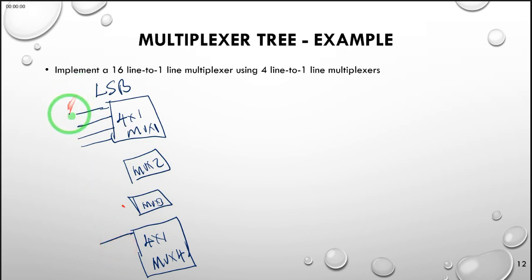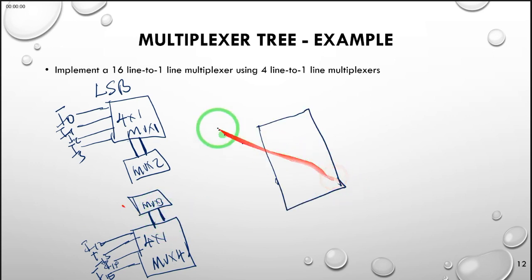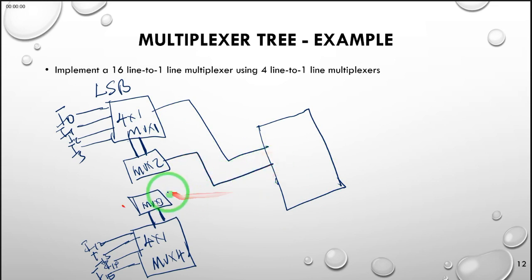So this should be our I0, I1, I2 and I3, and the last 4 most significant bits should be I15, I14, I13 and I12. So what we normally do in this case is that we will combine the select lines of the first 2 multiplexers and the select lines of the last 2 multiplexers, and the output lines from each of these multiplexers will become the input of the